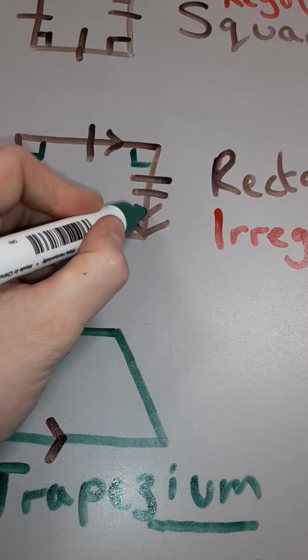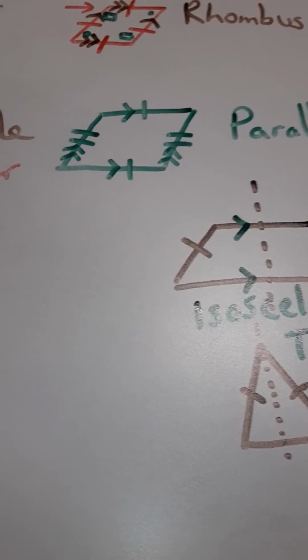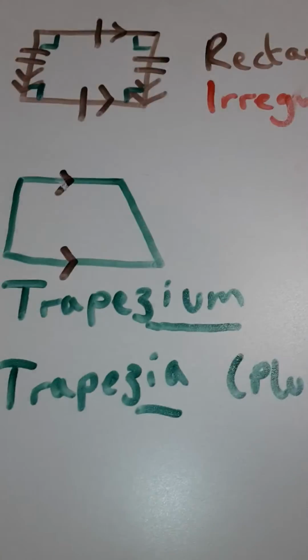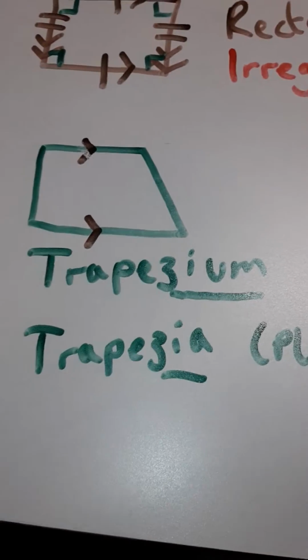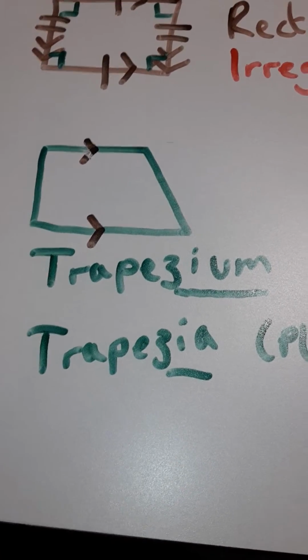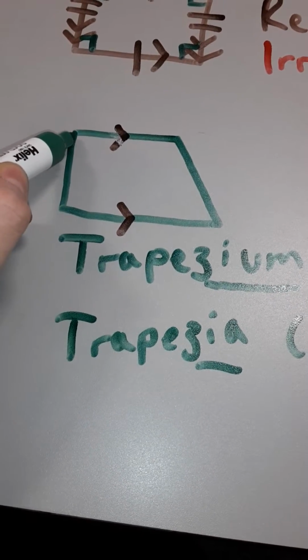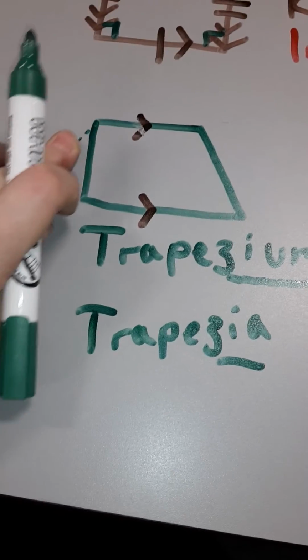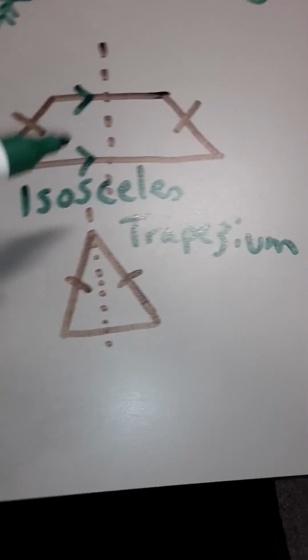For a shape to be regular, all of the angles and all of the side lengths have to be the same. They have to come as a pair. Then if you push a rectangle over, you get a parallelogram. Then if your quadrilateral only has two parallel sides, that will give you a trapezium. And if this side is an identical length to the other side, then that would become an isosceles trapezium, to tell you that the iso